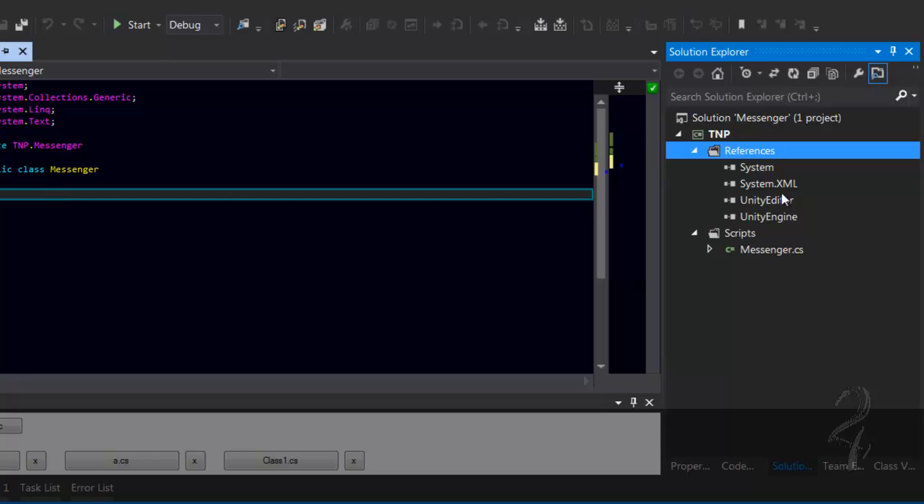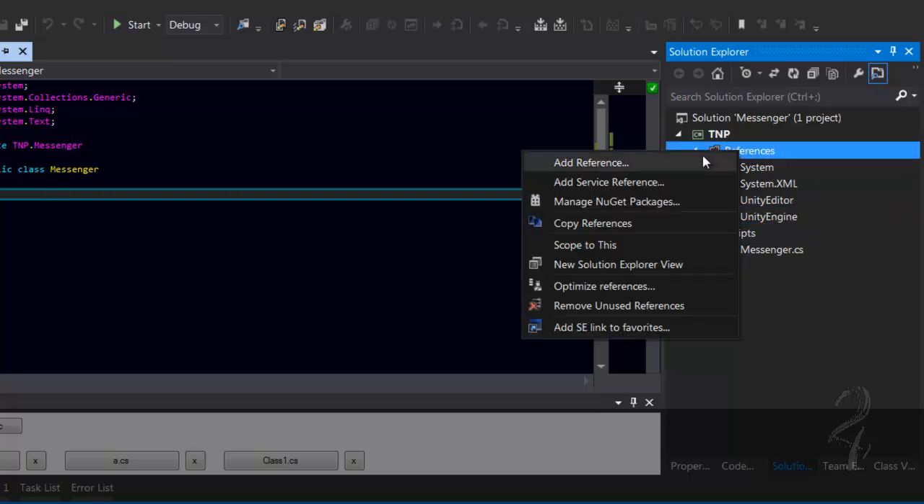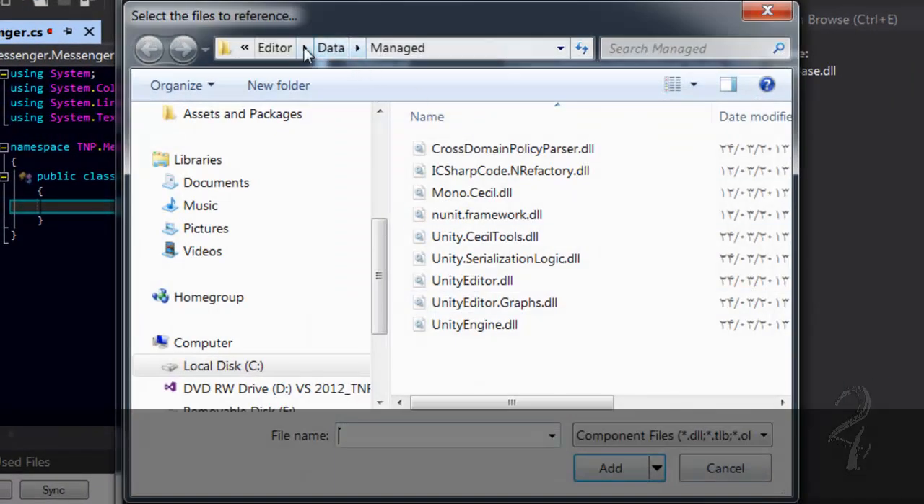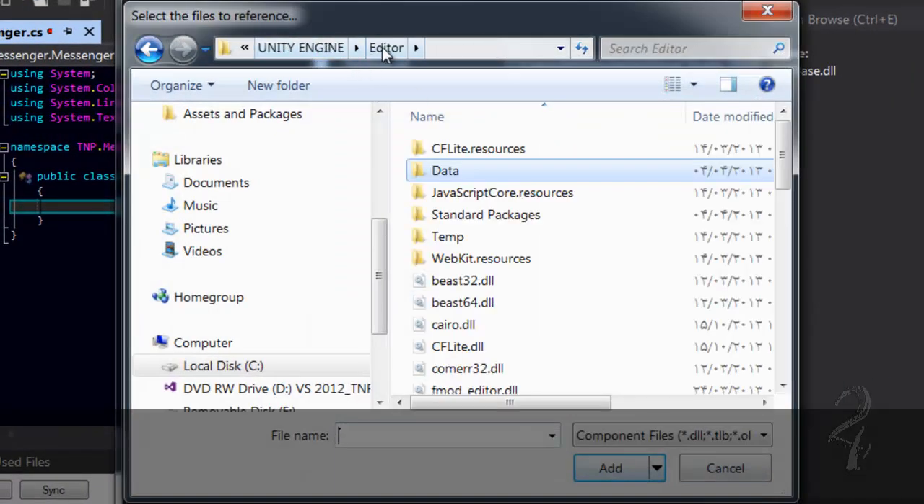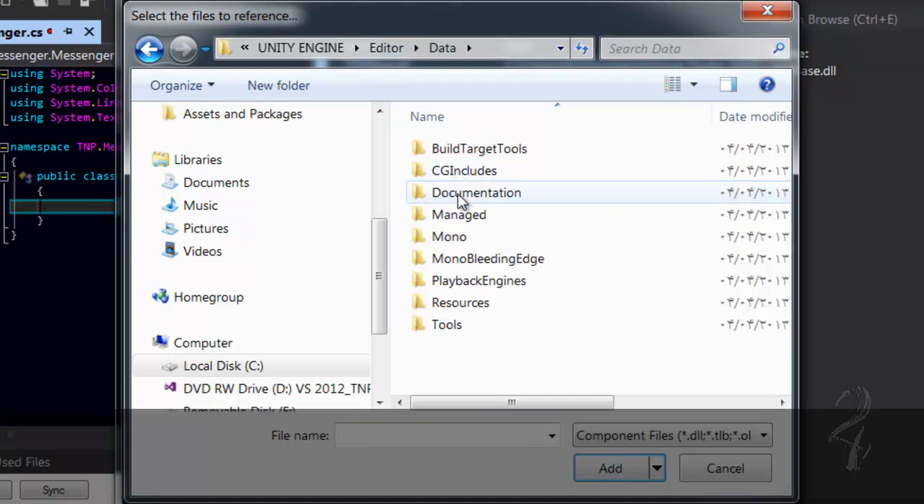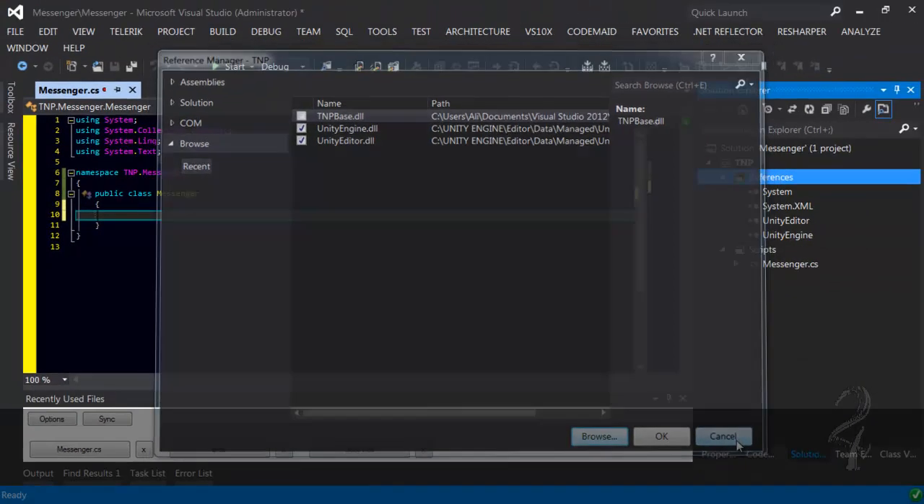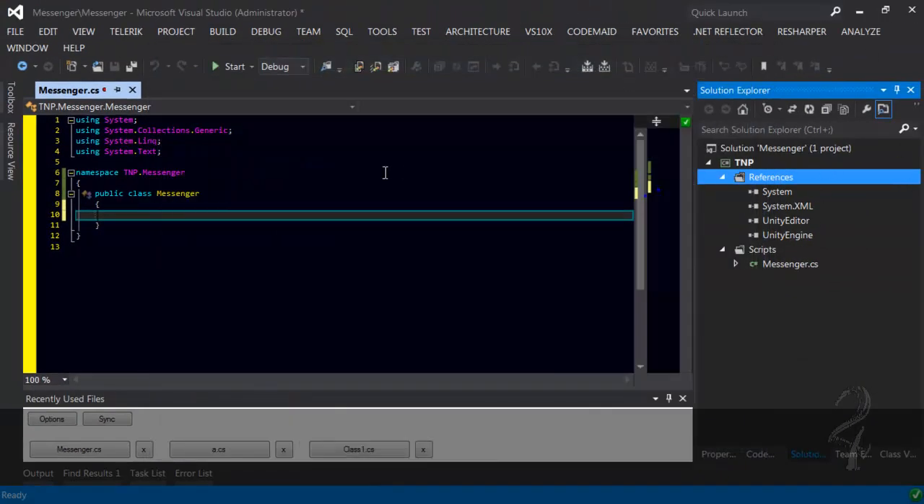Okay, and if you didn't have them, the way you will add the reference is to go to your installed Unity editor, data, managed, and here are the two DLLs. Okay, and you can reference them by that. Now